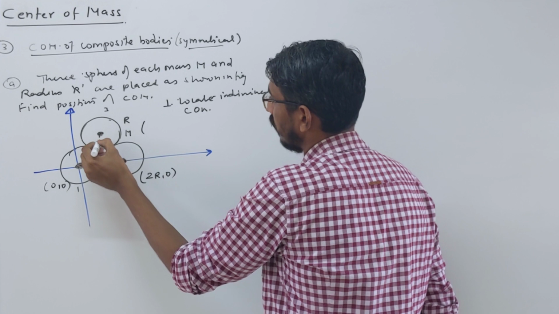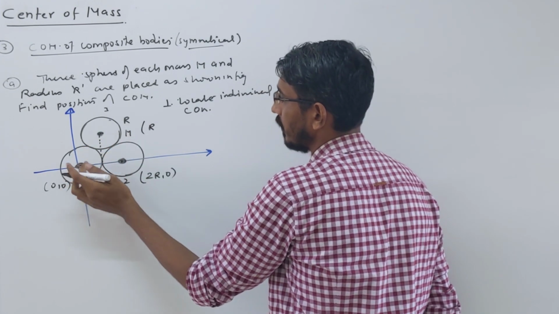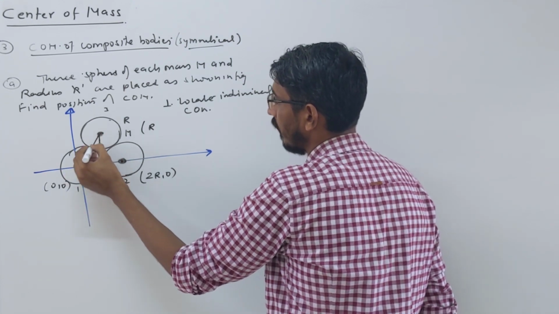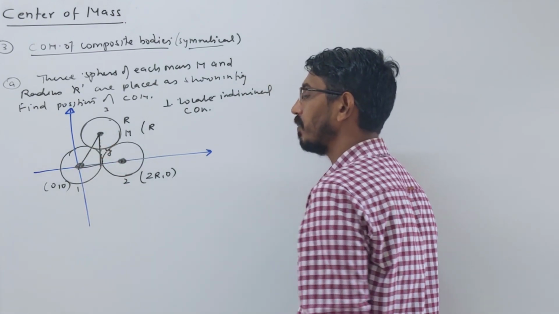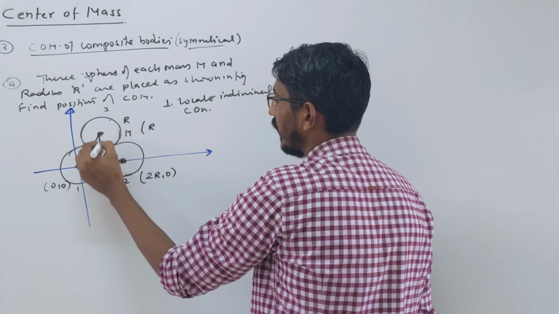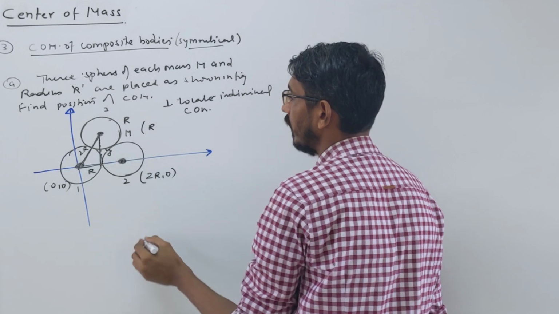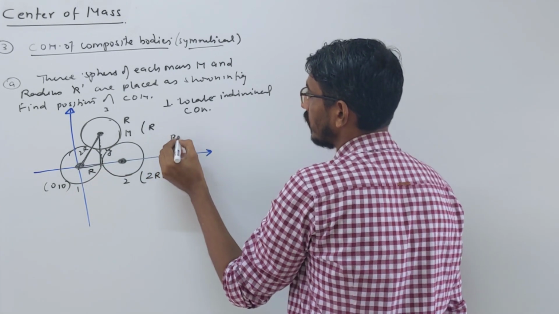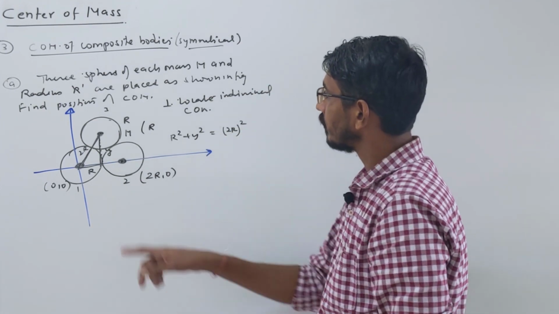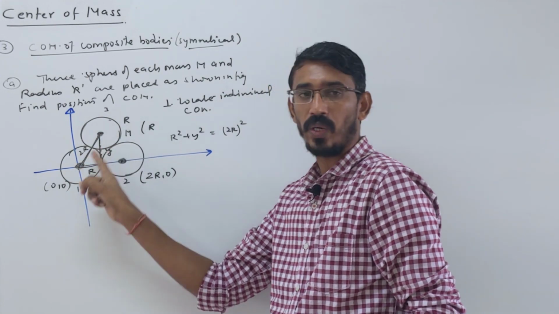Look here, what is x and what is y? X is that distance, which is simply r, the radius of this sphere. Now y you have to calculate. You need to find it again using the Pythagoras theorem. Look in this triangle: this is r, that is y which we have to calculate, and that is 2r. So r square plus y square should be equal to 2r square. Y is the vertical side, r is the horizontal side, and 2r is the hypotenuse.